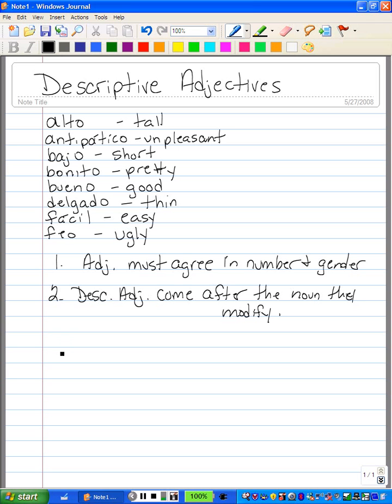So if you want to say in Spanish, for example, the tall boy, this descriptive adjective has to come after.